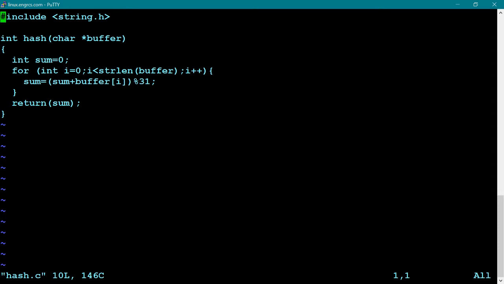And in this case, with this hash function, if you happen to include the null terminator, it doesn't really do any harm because that's got an ASCII code of 0. But usually we go less than the string length, so that excludes the null terminator. And then it just returns the resulting value, mod 31. So that's your basic hash function.